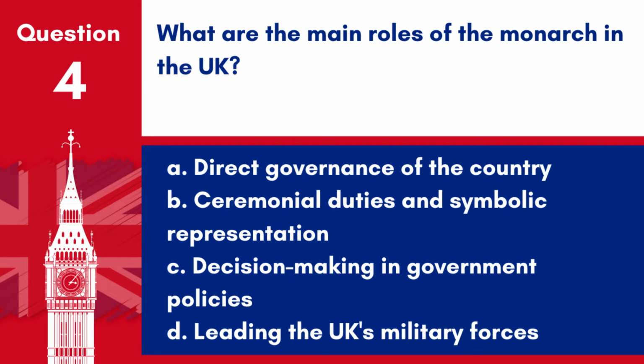Question 4. What are the main roles of the monarch in the UK? A. Direct governance of the country. B. Ceremonial duties and symbolic representation. C. Decision-making in government policies. D. Leading the UK's military forces. Answer: B. Ceremonial duties and symbolic representation. The main roles of the monarch in the UK include ceremonial duties and serving as a symbolic representative of the